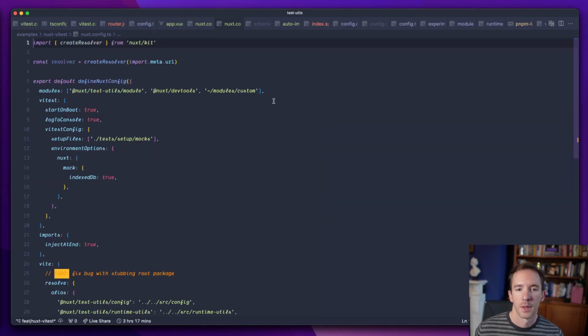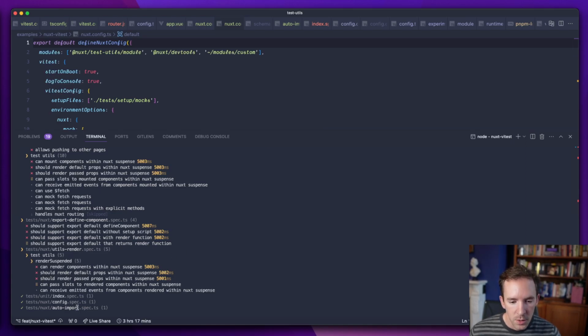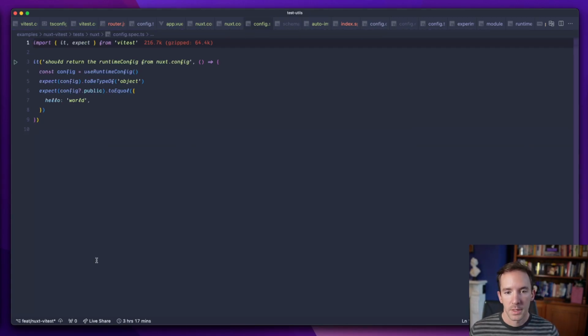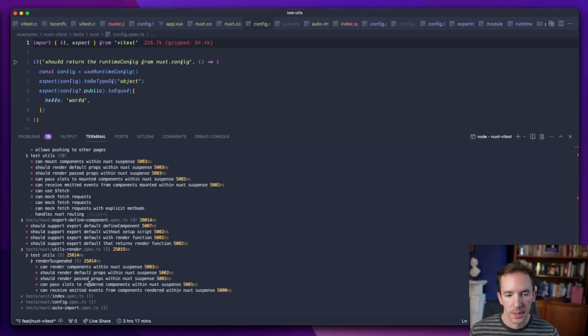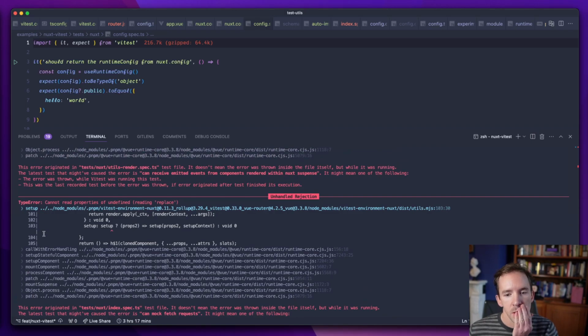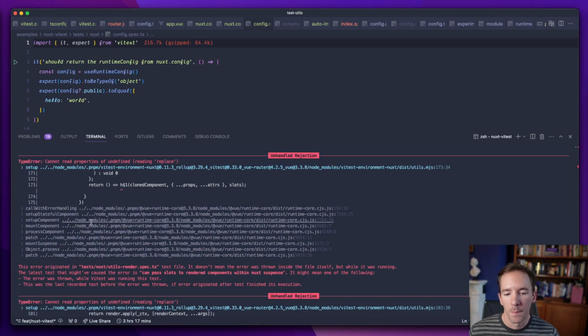So we will have to find that out. So this config, let's see. Okay, so that's fine. That is definitely reliant on the environment. So let's have a look at what the specifics is. Oh,